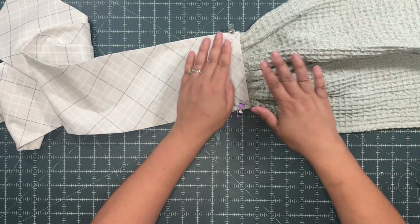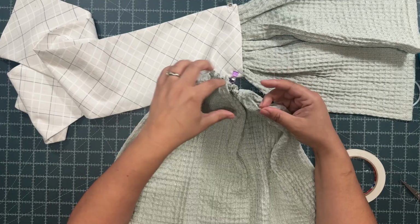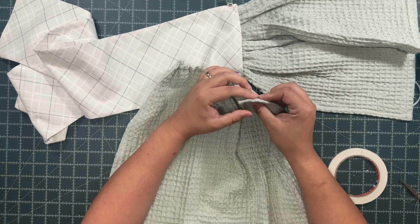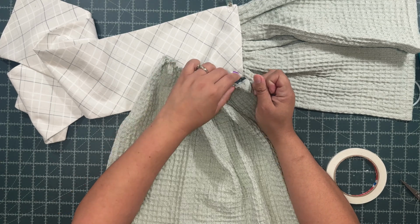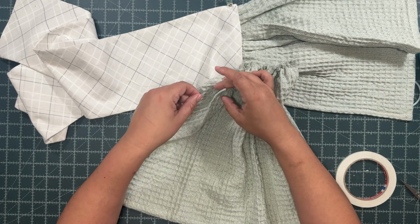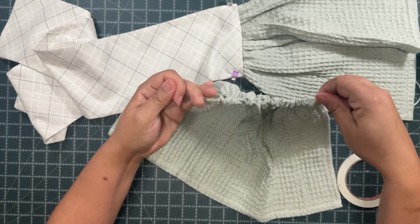And we can do that for the other one. Let me make the ruffles on this one, and I'll bring my double-sided tape and we can try that on the other one to see if that's easier. Perfect. So I have my towel here. I'm making my ruffles and I'm just carefully pulling all of it. If you're using good thread, your thread should not break easily, okay? So just keep that in mind when you are